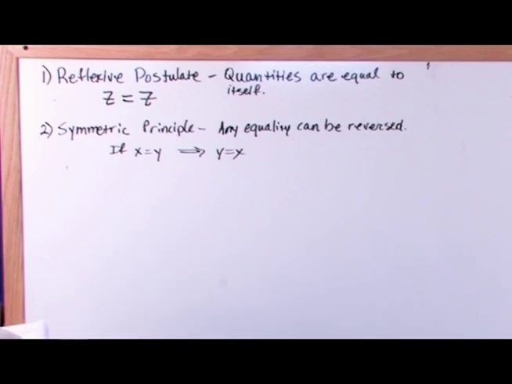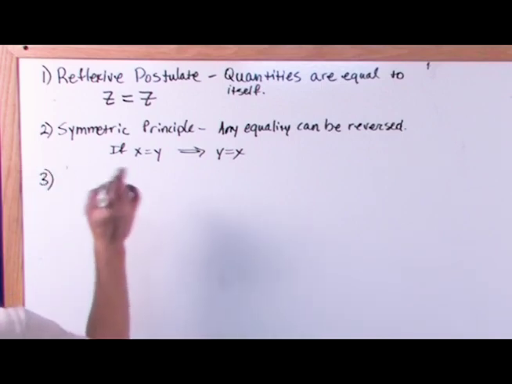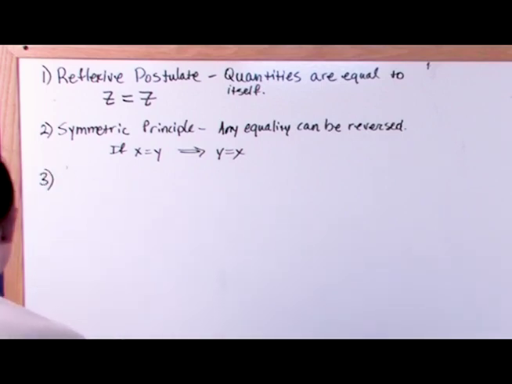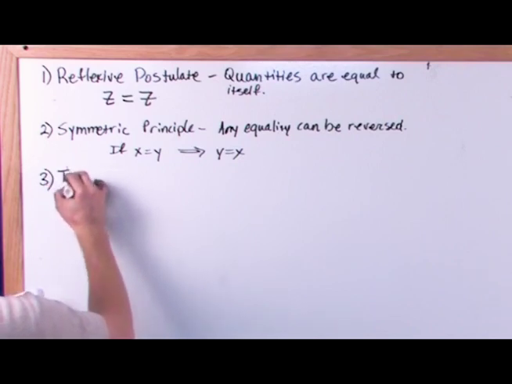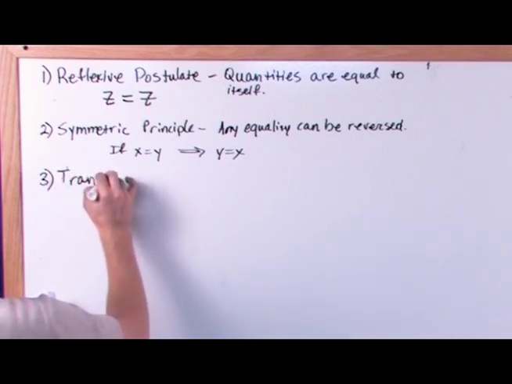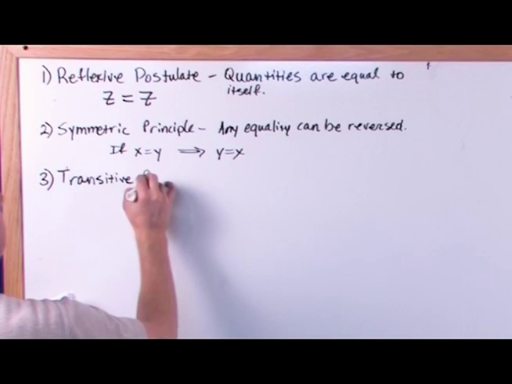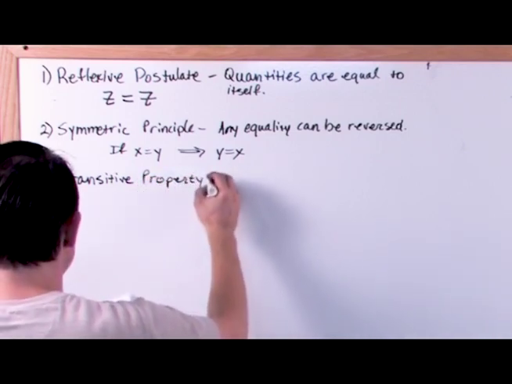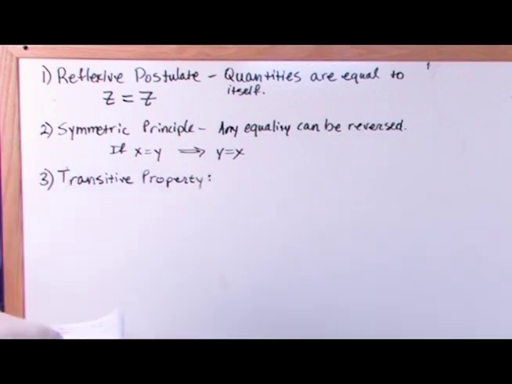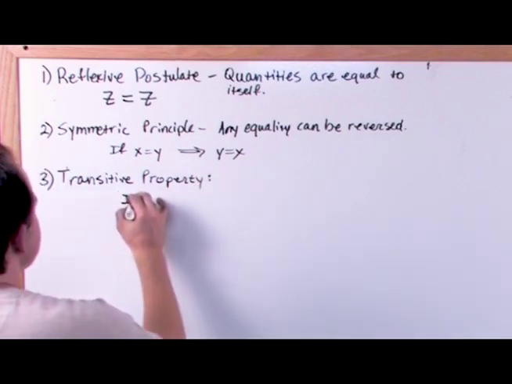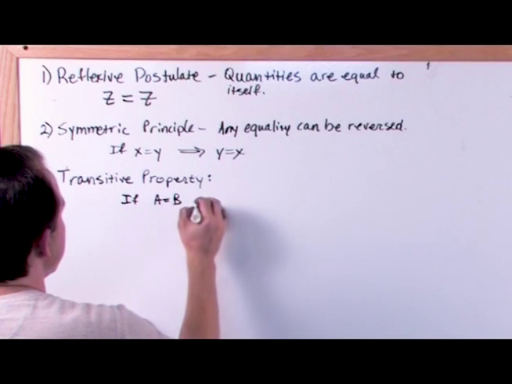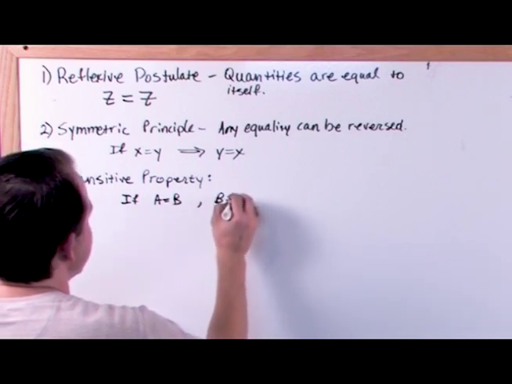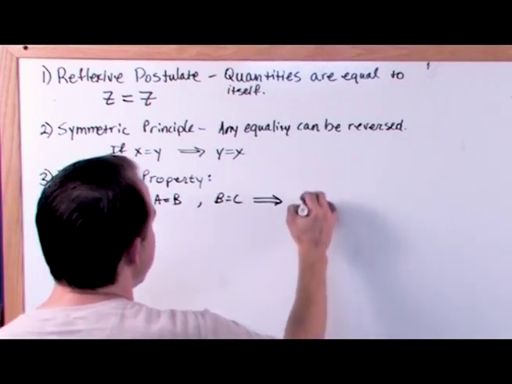That's the symmetric principle. The third one is actually pretty interesting and maybe not quite so obvious, and that's very, very important. Transitive property. I'm just going to write this down in math. If A is equal to B and B is equal to C, then that implies that A is equal to